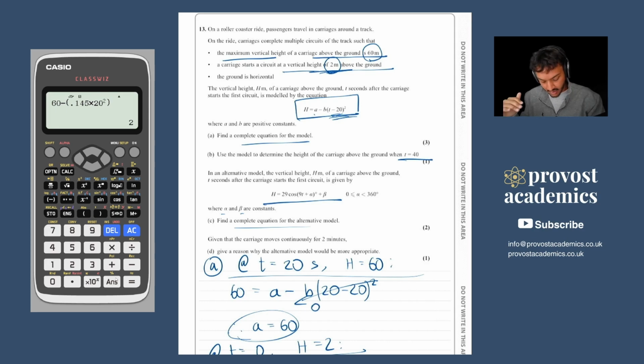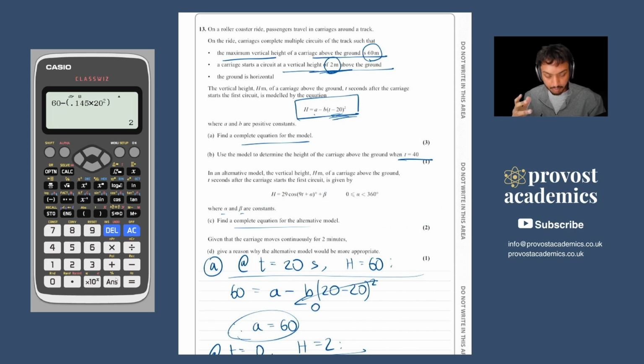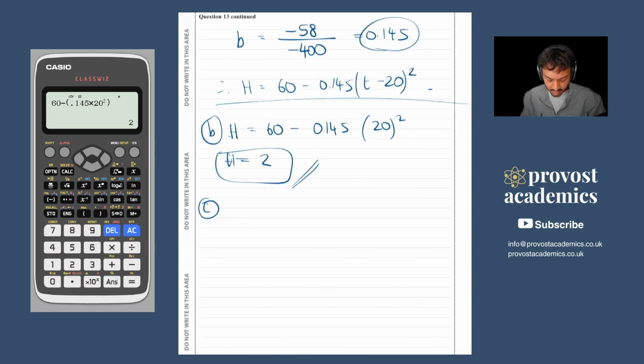So you have the normal cos graph, and if you remember the normal cos graph, no matter what kind of transformation you do to it, it will always cross the axis. Now if you think about it in terms of a roller coaster, hopefully a roller coaster doesn't actually intersect with the ground. So in this case, that's why we shift it up by some beta amount. So my idea here is we can approach it either from a maximum height point of view or a minimum height point of view. So if we think about it in terms of the max height,